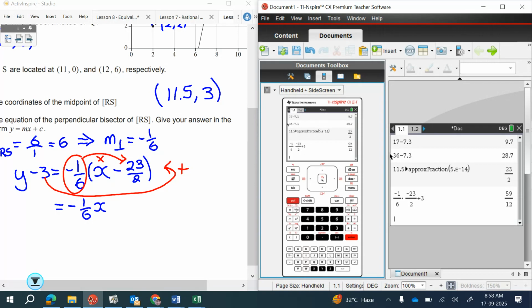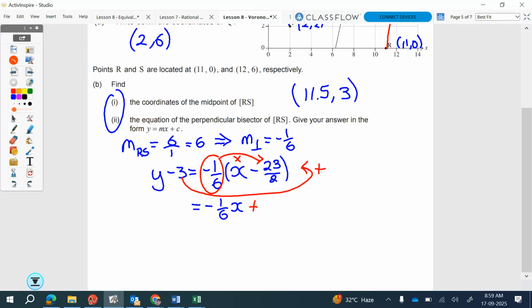That gives 59 over 12. Going to reread the question. Find the equation of the perpendicular bisector. Give your answer in the form y equals mx plus c. So I can leave it in this